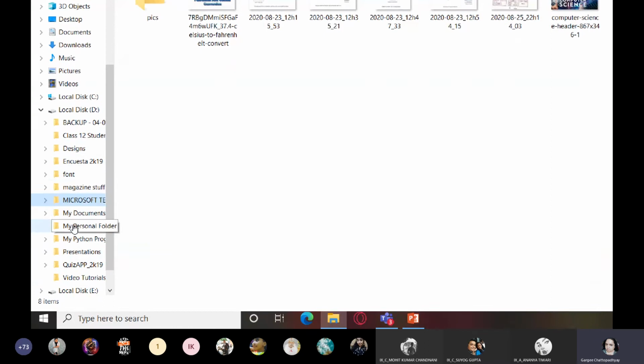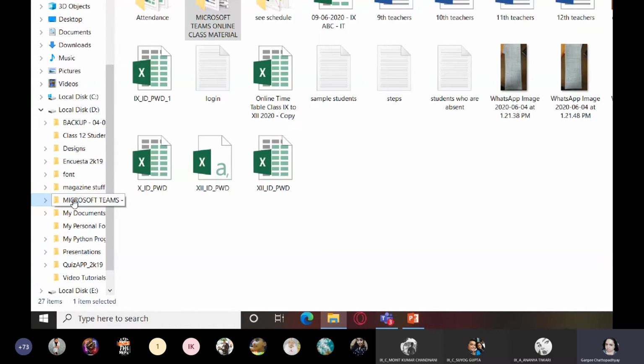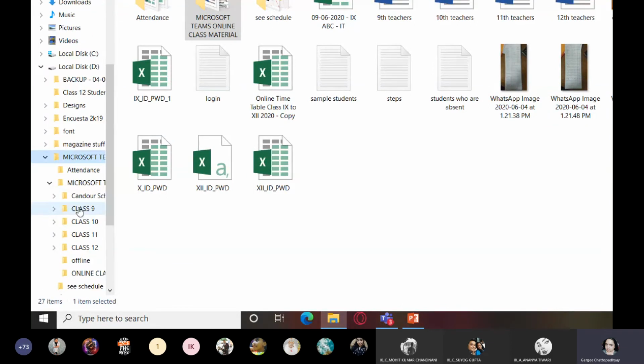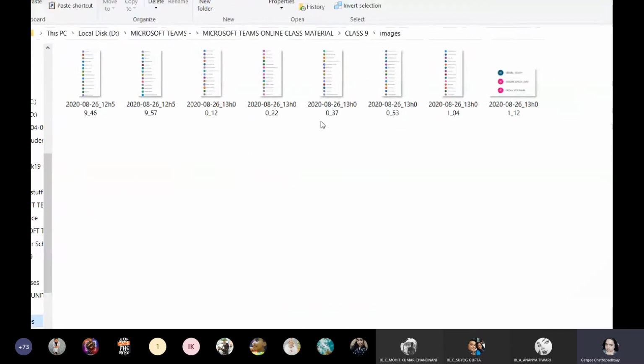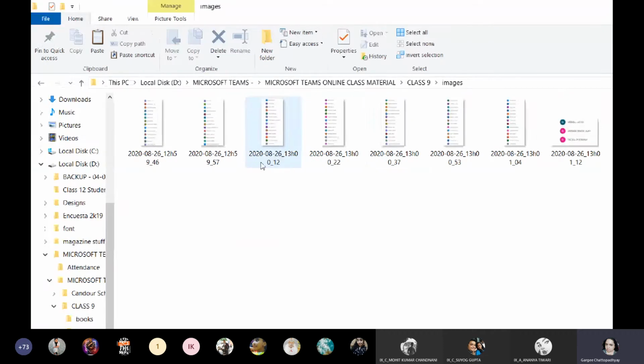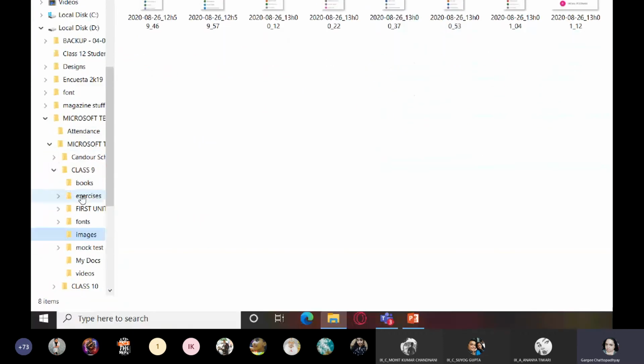Now I'm going to Microsoft Teams, and in this I'll expand Microsoft Teams online class. I'll go to the class 9 folder, and I have some images over here, right? And these images I want to send to some other folder, that is exercises.